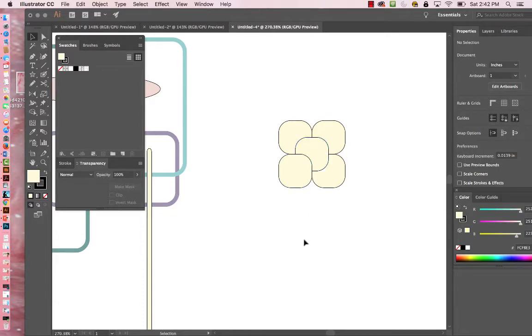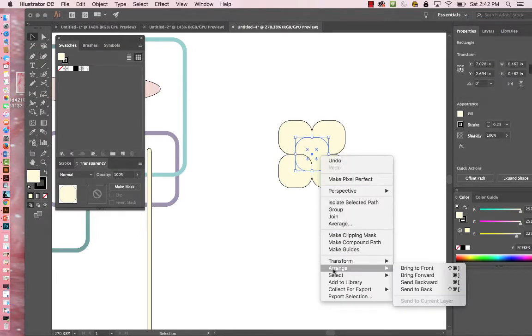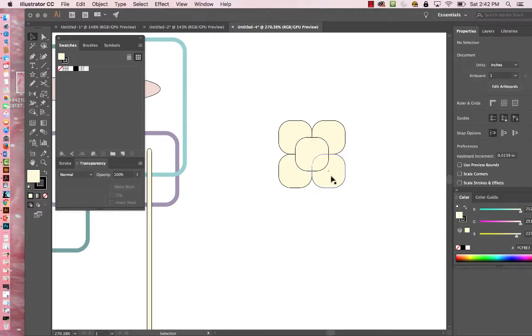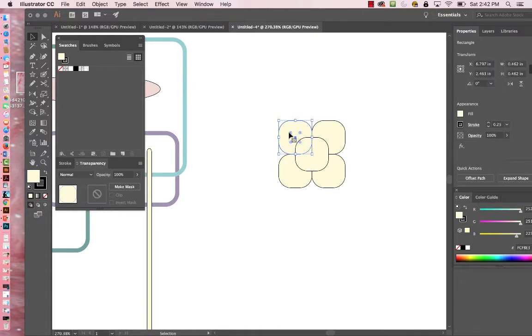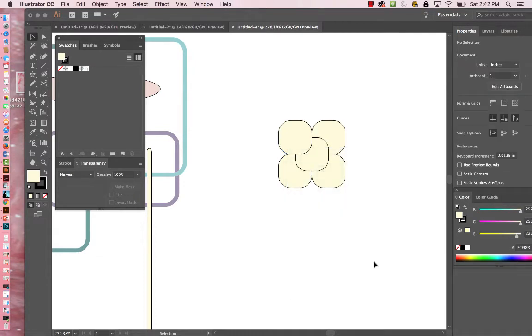We could do it there, but if you wanted to keep these separate objects, if you were to click on something and then right click, you'll see that there's something called arrange, and you can actually send items to the front or the back or backwards. I could actually bring this to the front as well, and so that actually causes this object to come forward. So that's something, if you ever find yourself in a situation where you need to, like, well, I want that behind it, then just right click and arrange and tell it to send it to the back. That one's already the back, but I could bring this one up front now if I wanted, and Command Z